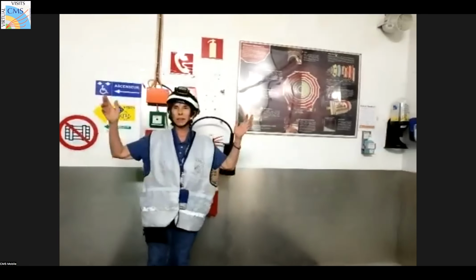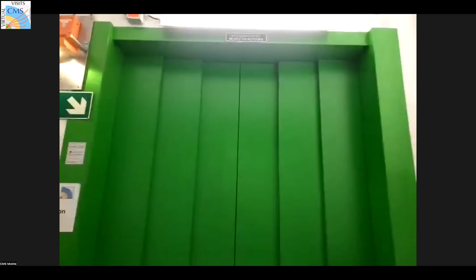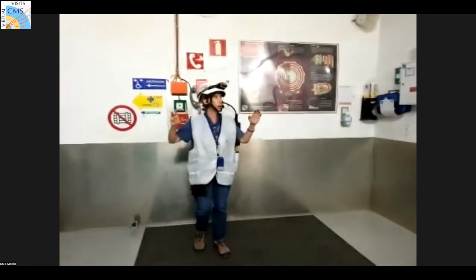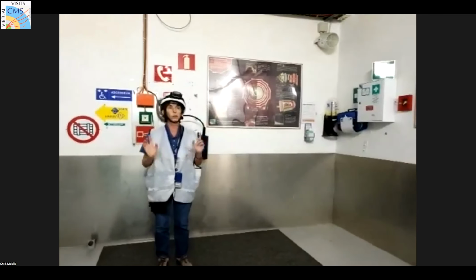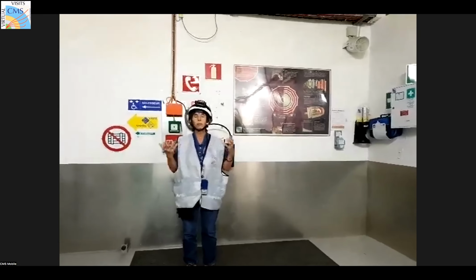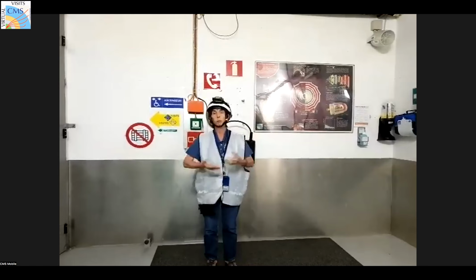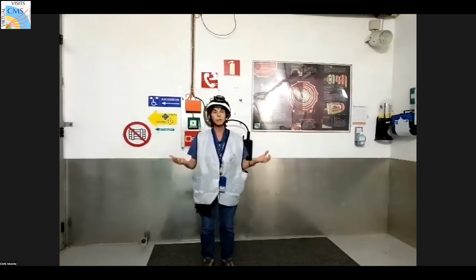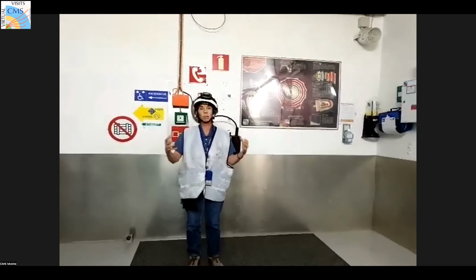So I'm here now. I stepped out from the elevator. Noemi is showing you the green doors of the elevator, and I'm just in front of the elevator. I want to spend 30 seconds, if I can, in this room, because this is very important. One of the most important things when you are doing experiments, and not only experiments, is safety. And here, really, you can feel the safety.